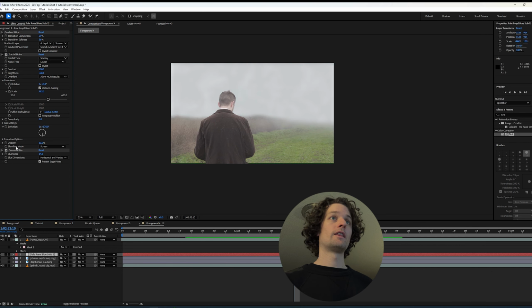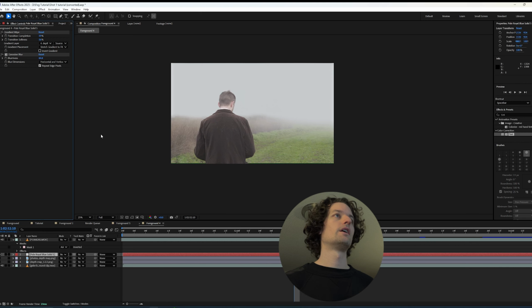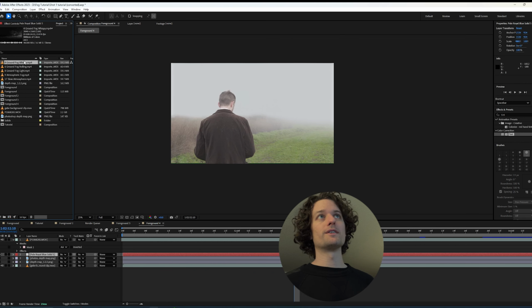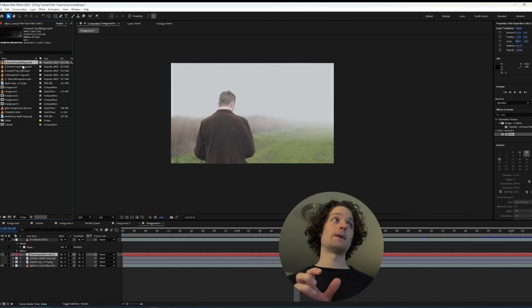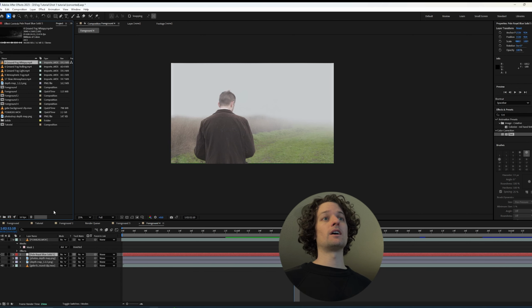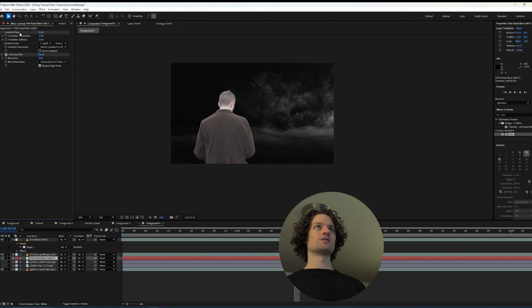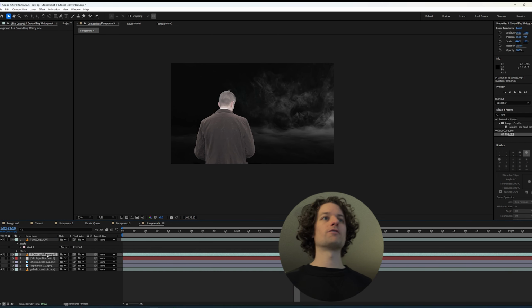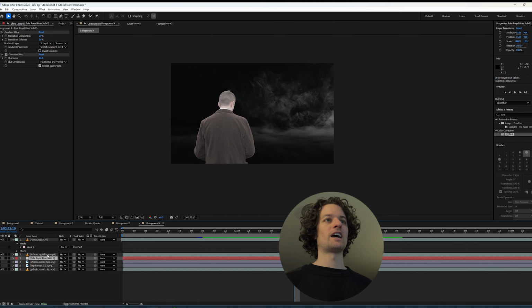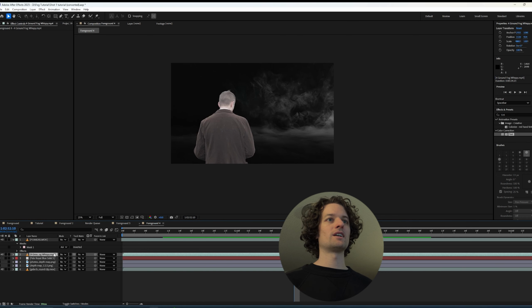Another thing that you could do is import fog assets, and you can actually use the depth map. And I found that this really kind of lets you sell the fog a bit more because it feels more like it's actually in the scene where it should be and it's falling off correctly. So let's see, I imported this wispy ground asset, and